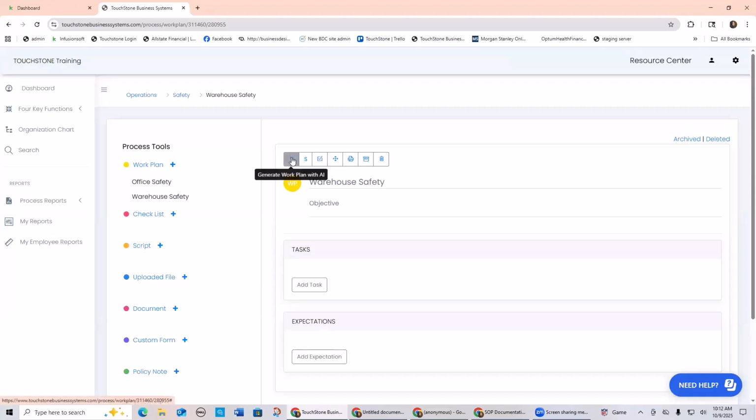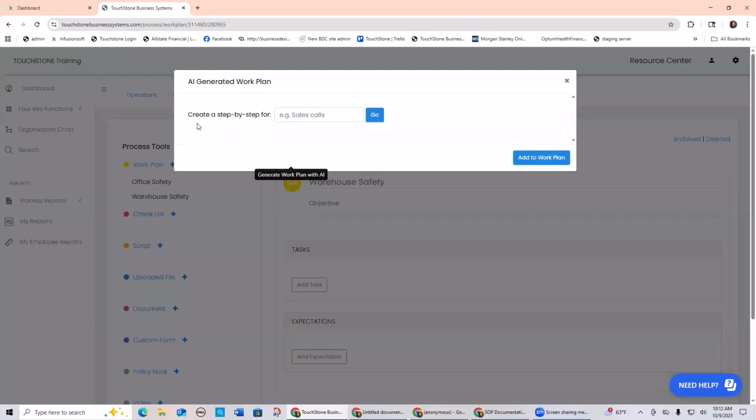So this is how you access ChatGPT, or the AI, within TouchStone. I would click here. This has already been programmed, so it is an agent already, specifically searching for step-by-step, task-driven SOP layouts for what it's going to produce. We put this in here so that you realize it's already programmed to create a step-by-step. So all we have to say is